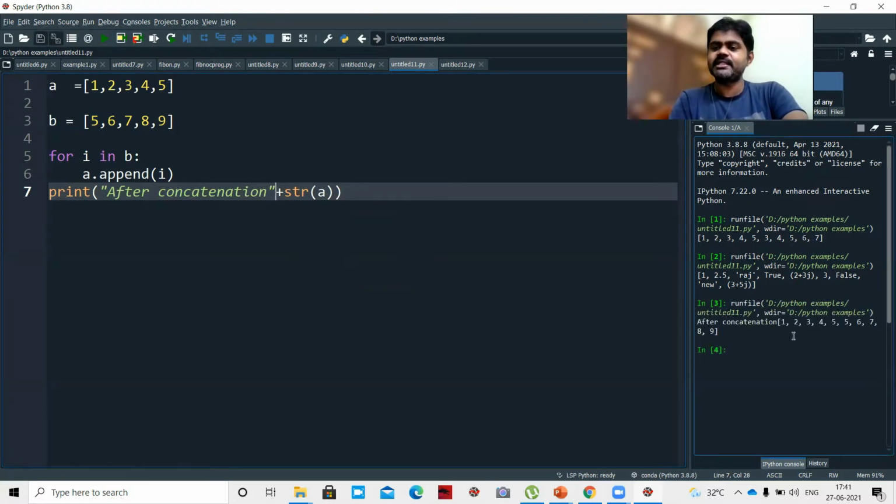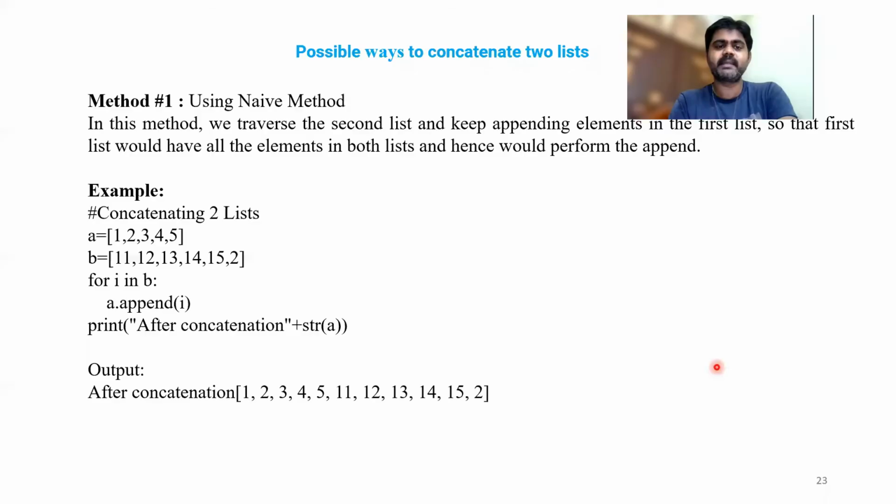So after concatenation, it will be 1, 2, 3, 4, 5, and 5, 6, 7, 8, 9 will be appended to the first one. That means the first method is we are traversing the second list and appending its elements to the first list, with a dot append. So this is the first method.